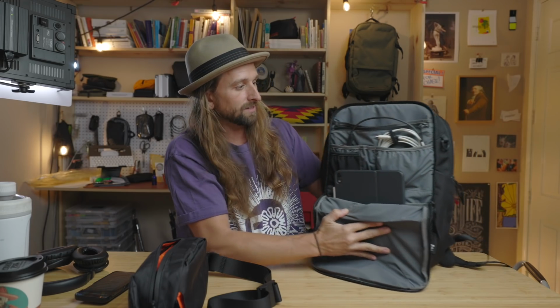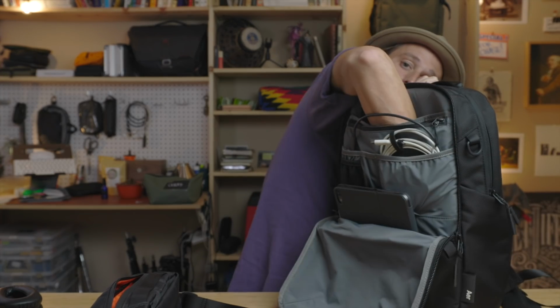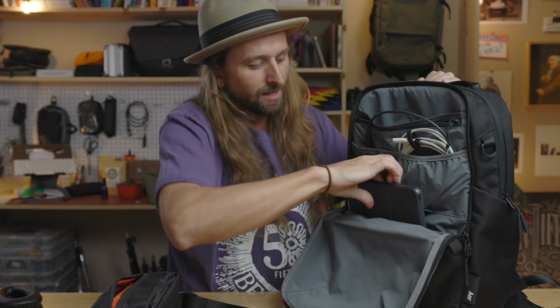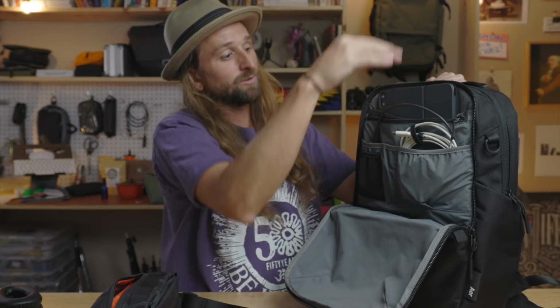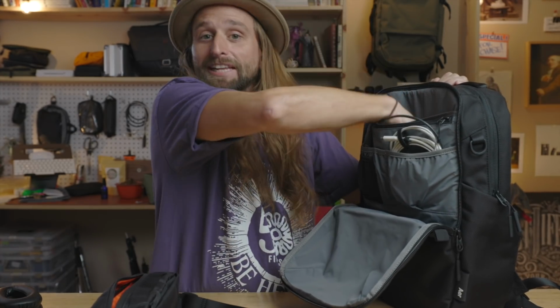So here's our front admin panel. Lots of good organization from Aer on this. They've always done a good job. You've got business papers, man. This big pouch behind here goes all the way back. I thought it would be sewn up so I could throw my tablet there and it would stay up, but it doesn't. It goes all the way down, so you forget that it's in there. I've done that before. I've found multiple $1,000 pieces of equipment in a bag that I had in storage somewhere. I'm like,